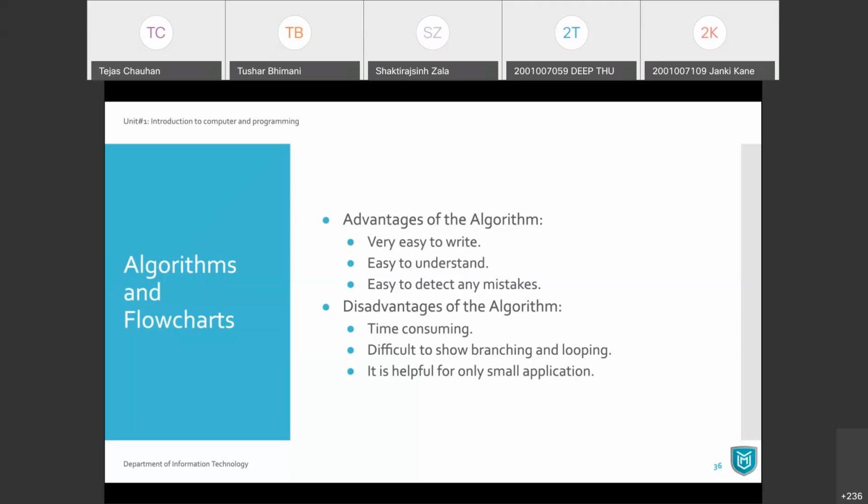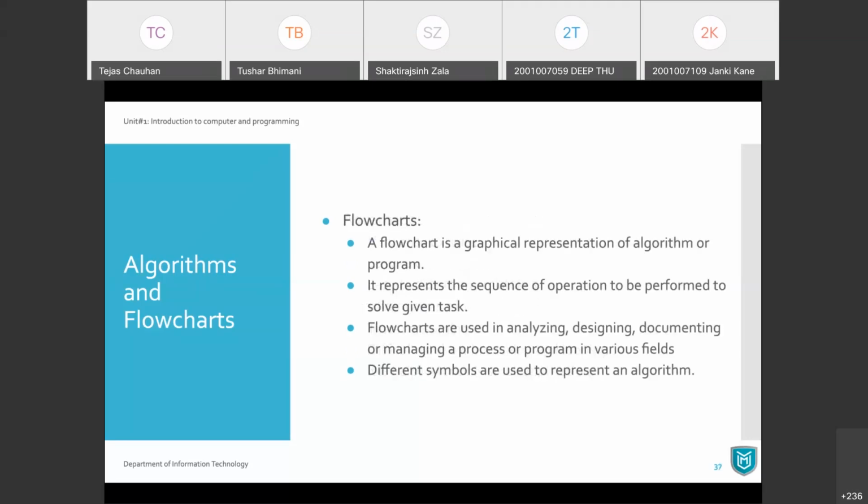And that's where flowchart comes in, right? So it was difficult to show branching and looping and all those things and lengthy steps, right? And that's where flowchart comes here. Flowchart is nothing but a graphical representation of that process. Look, I'm saying that process. It can be an algorithm, it can be a program, or it can be any task, right?